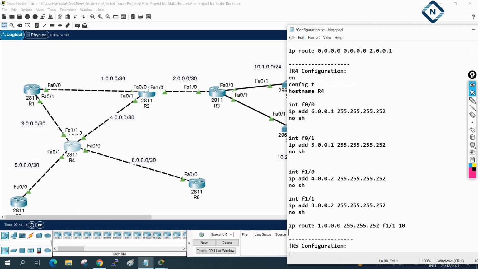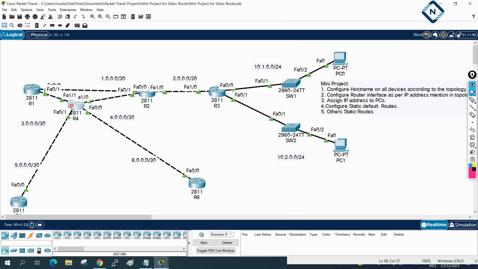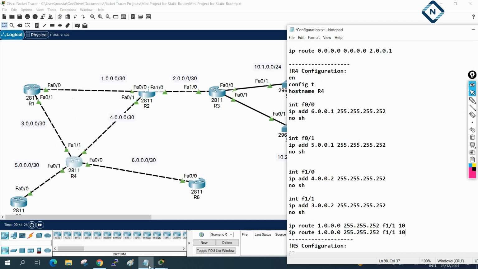Like 10 if you want to send from there, and if you want to send with the AD value to the other interface also, if that interface is down and you want to send with the other interface, then define F1/0 with the AD value 20. Like that also we can do. Okay, because here also we have the 1.0 network, here also we have the 1.0 network. Your wish. If you don't want to define, if you are facing an issue, remove this. Define only one route from that interface, F1/1. I am defining from F1/1. Your wish, from where you want to define, you can define that one.